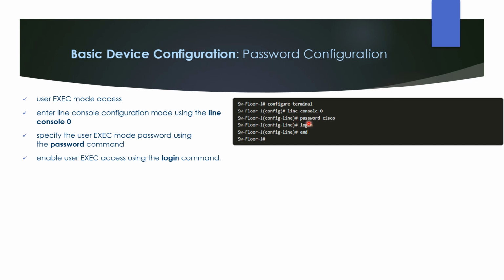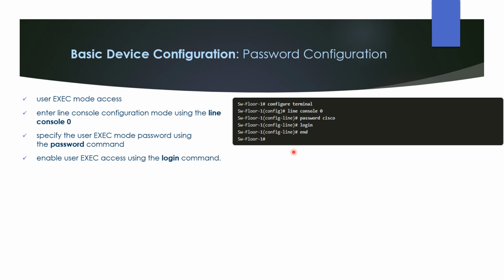By using the password command, followed by the password, in the materials that we are explaining, we are using the password cisco and class. After that, you have to enable with the login command,